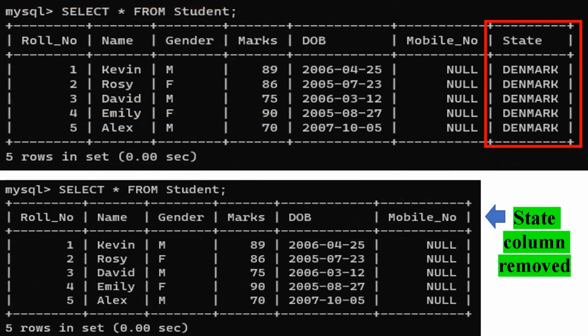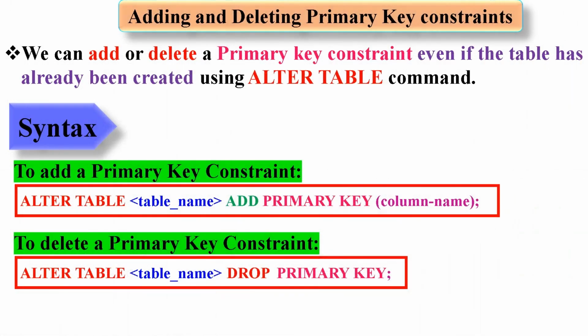Now, you can see the difference between the existing student table and the altered student table, how the state column is removed or dropped from the student table. Let's learn how to add and delete primary key constraints in an altered table. We can add or delete a primary key constraint even if the table has already been created using the ALTER TABLE command. The syntax to add a primary key constraint is ALTER TABLE table_name ADD PRIMARY KEY(column_name); The syntax to delete a primary key constraint is ALTER TABLE table_name DROP PRIMARY KEY;